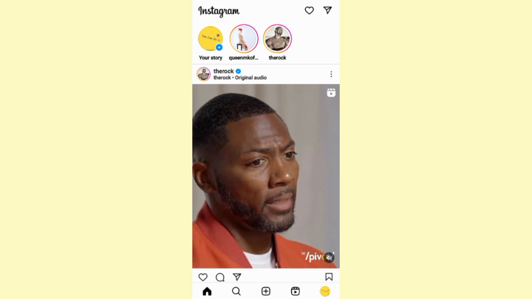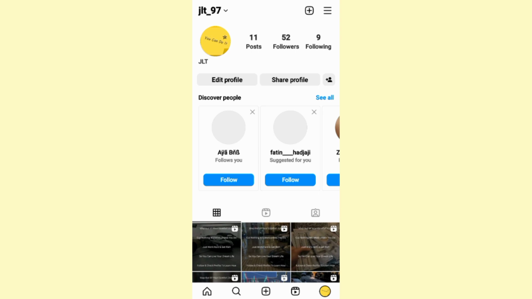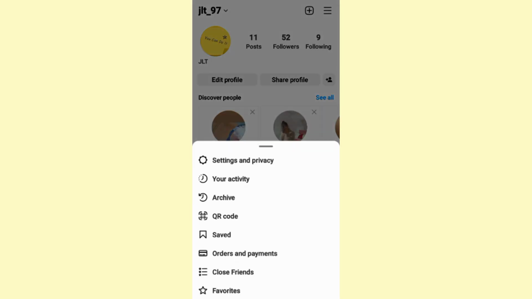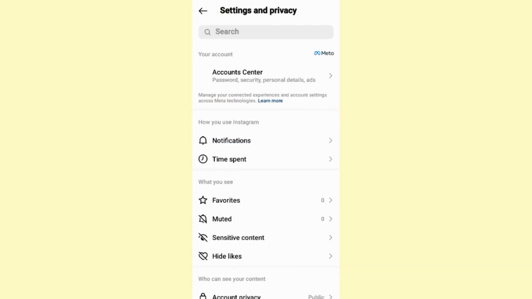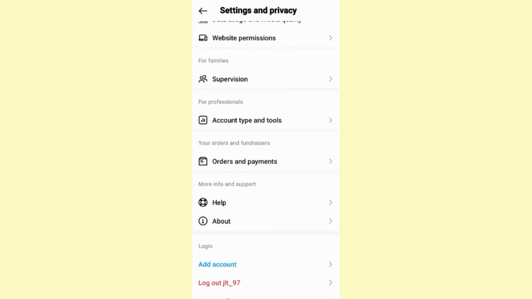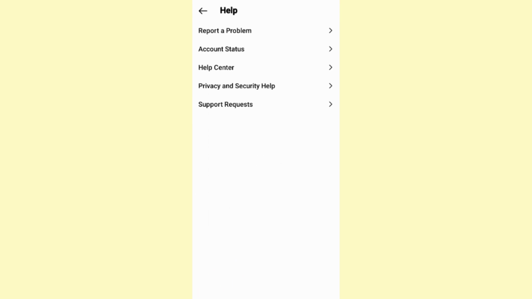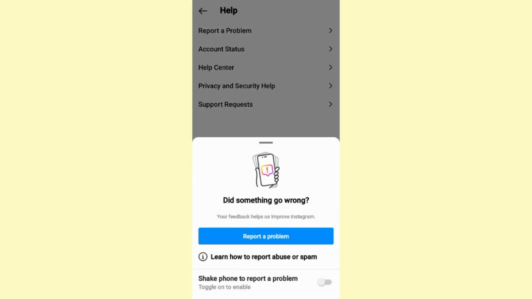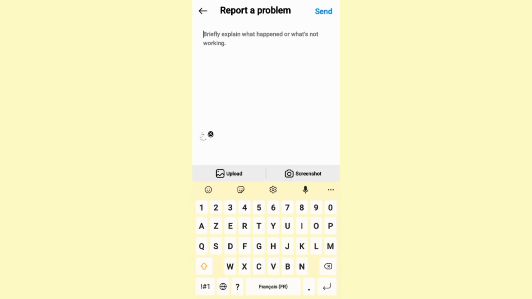Once you are here, click on the profile picture at the bottom right, and then click on the three lines at the top right corner. Then click on settings and privacy. And here you need to scroll down till you find the more info and support section, and from there click on help, then click on report a problem, click report a problem to continue, click include and continue, and you